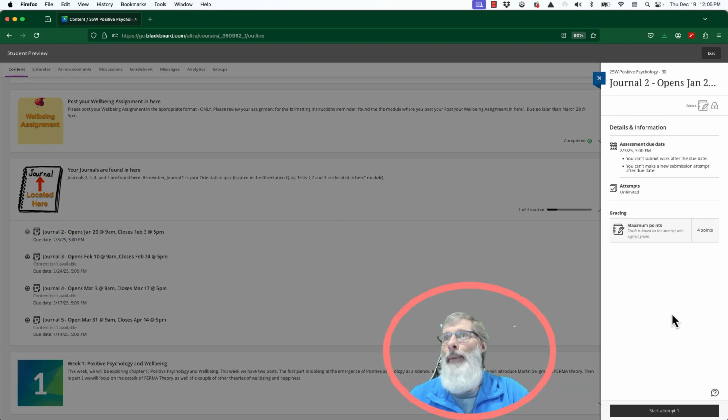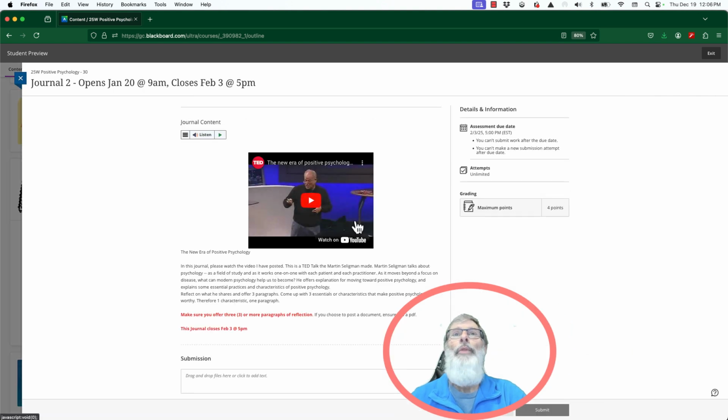So again, you get a panel. They're worth 4 marks. You're going to do 5 journals altogether. That will be 20% of your grade. It's giving you some instructions. You have unlimited attempts, and I'm going to be changing that. It doesn't matter whether you have more than 1 attempt. It's really just a matter of getting your attempt in, and I'll show you how to do it. So down here it says Start Attempt. When you're ready to do the journal, click Start Attempt. It will open up.